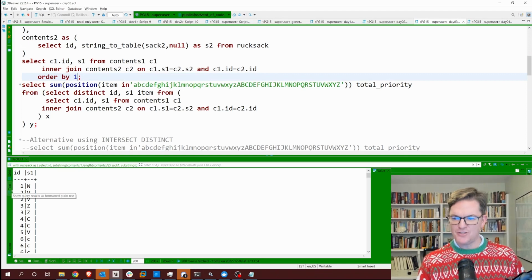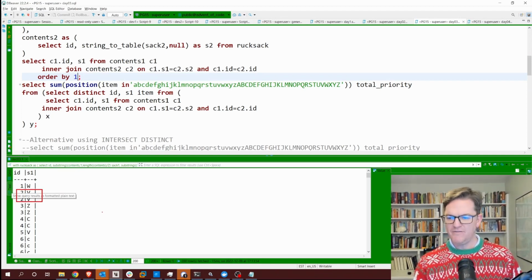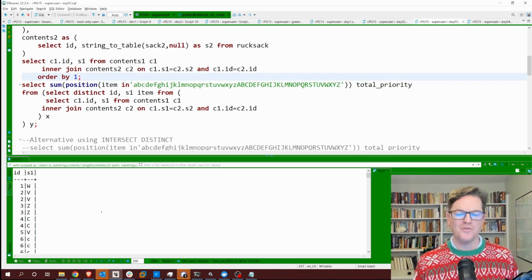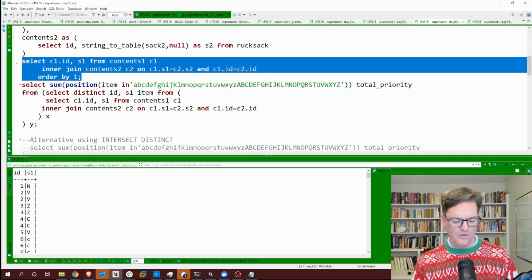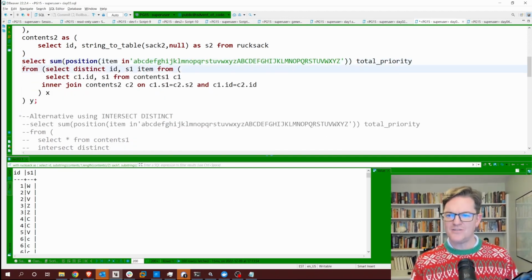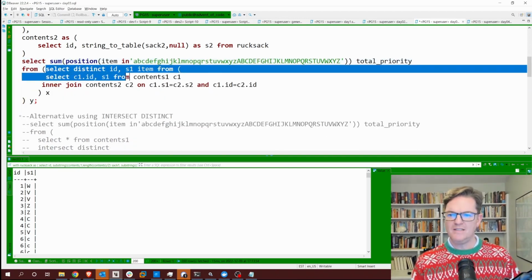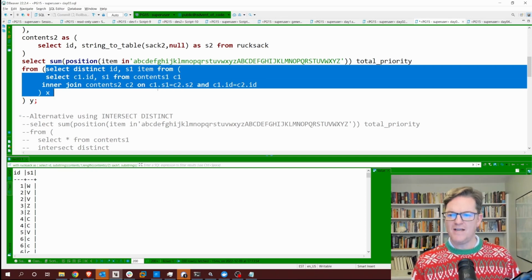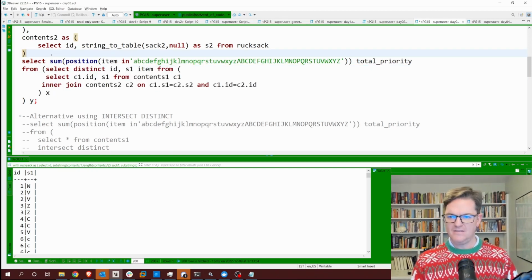So in this case, guess 2, one of the sides had 2 capital Vs, therefore I got 2 rows. So really what I want is the distinct of that. So I can add a distinct around it. That's what this second inner query gives me. All right, so now if let's say I did that,